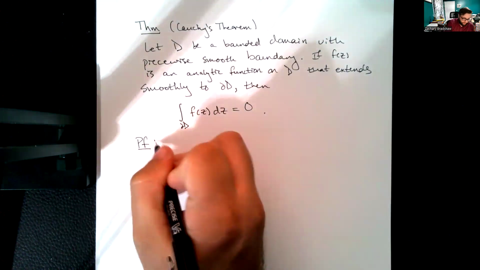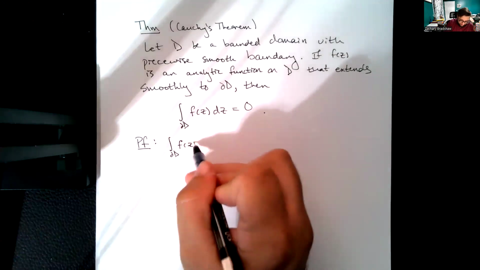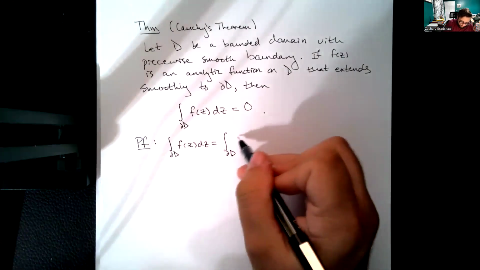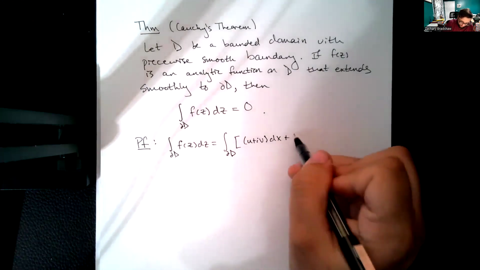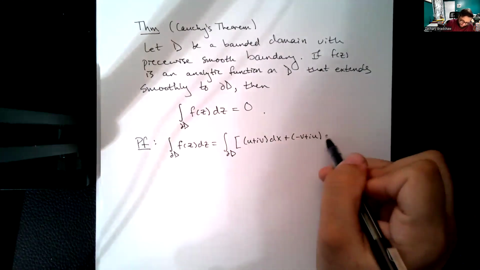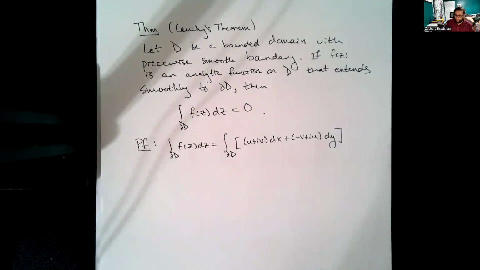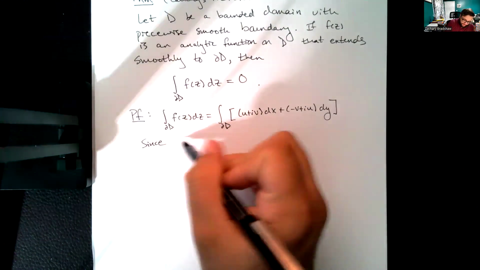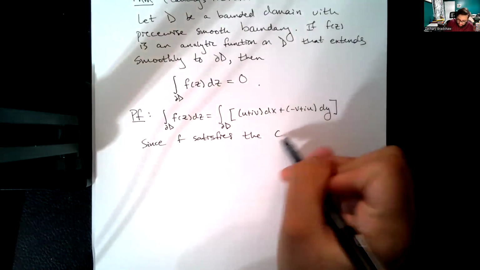So here's our proof. The integral along the boundary we can write as the integral along the boundary of (u plus iv) dx plus (minus v plus iu) dy. So this is the form of f of z dz that we wrote earlier. Now, since f satisfies the Cauchy-Riemann equations,